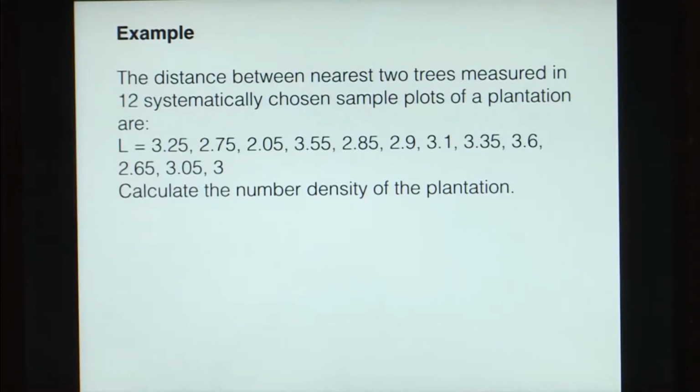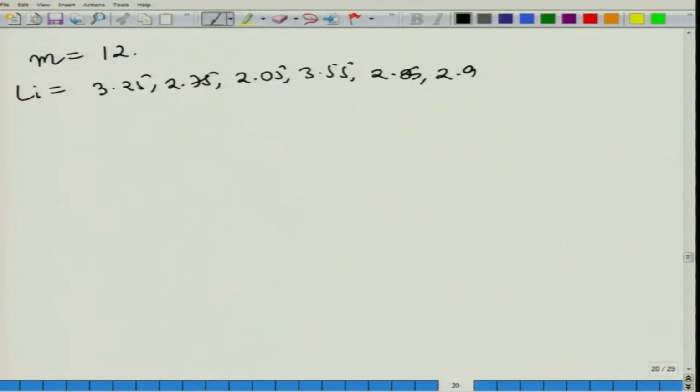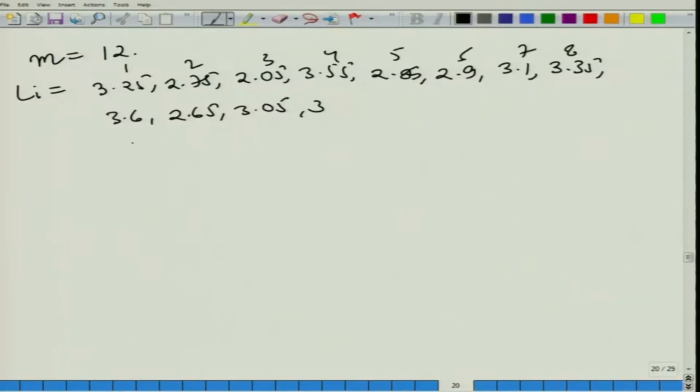So, what are we given here? We are given that m is equal to 12, and Li is given as 3.25, 2.75, 2.05, 3.55, 2.85, 2.9, 3.1, 3.35, 3.6, 2.65, 3.05 and 3. So, 1, 2, 3, 4, 5, 6, 7, 8, 9, 10, 11 and 12. We have 12 samples and all the Li are given, and we are required to calculate the number density of the plantation. So, we will use the formula